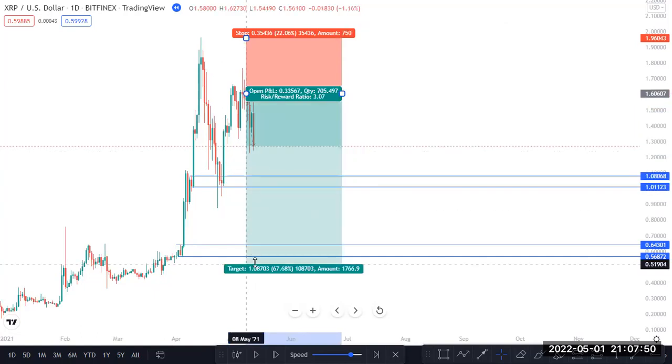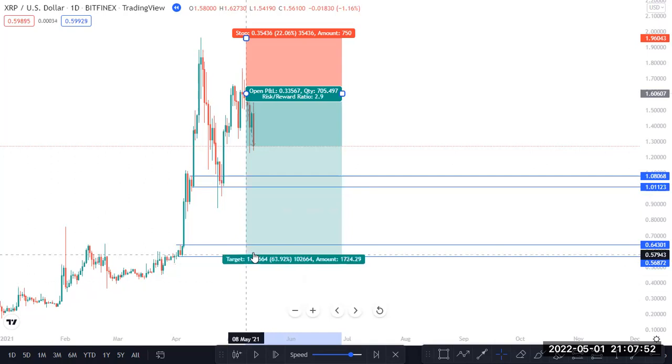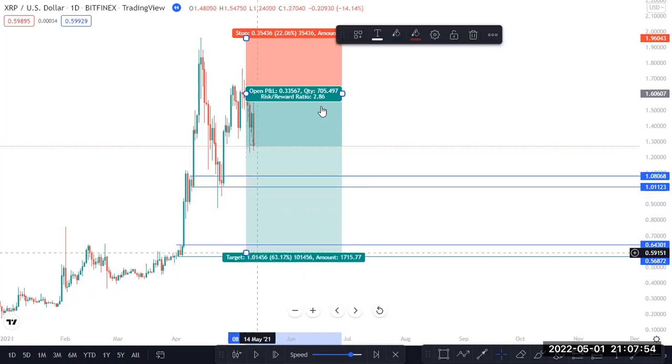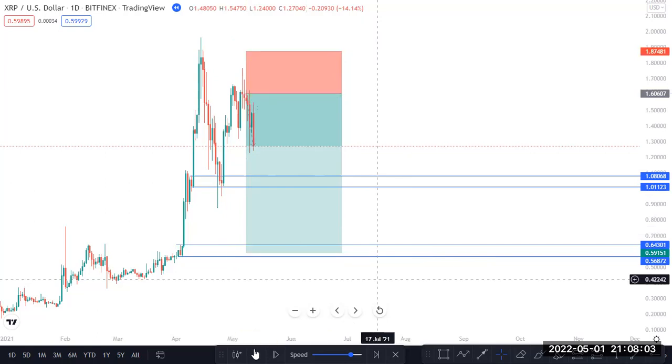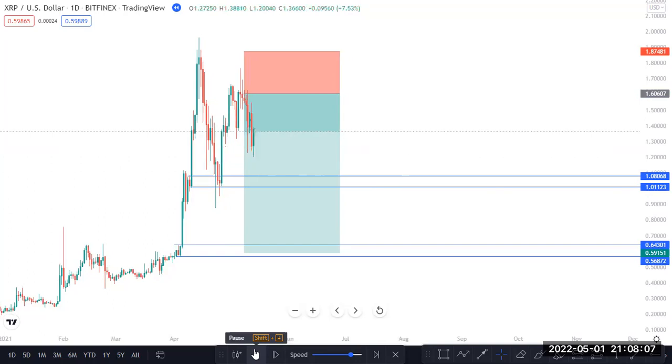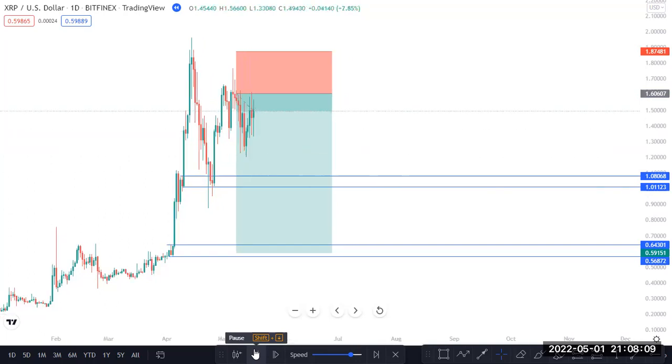I want to risk it all because of the supply. I want this coin to come into this area. That is where I want to take my buy entry, right? Let's see if you take it like this. Let us see if you could have won this trade. Let us see what happened.